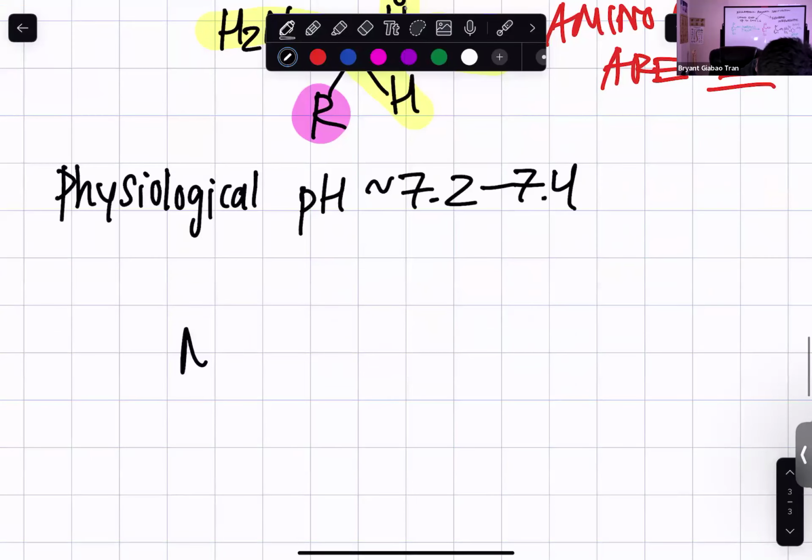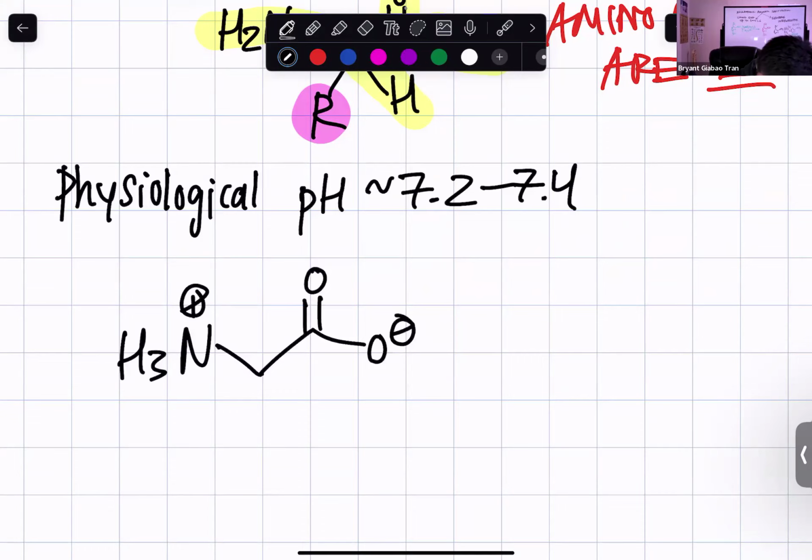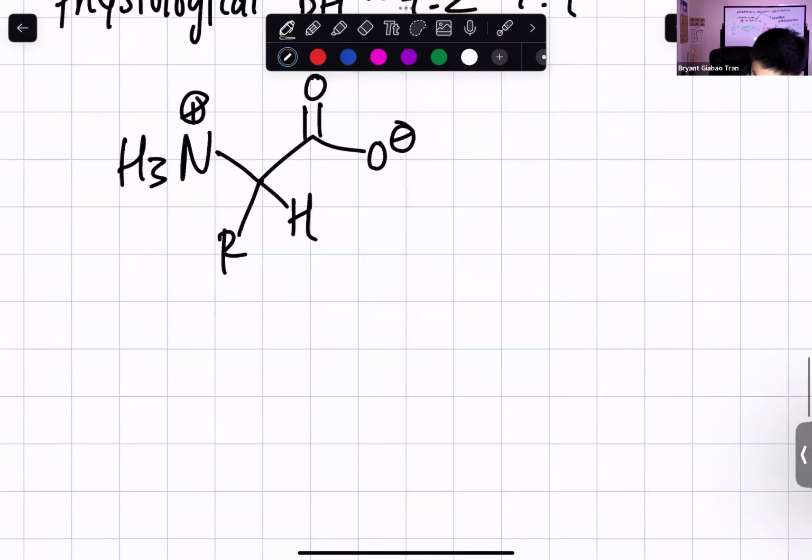The amino acid would have this form here, where the amino group is protonated and the carboxylic acid group is deprotonated. The reason why is because, let's say at a very low pH, like a pH of 0,